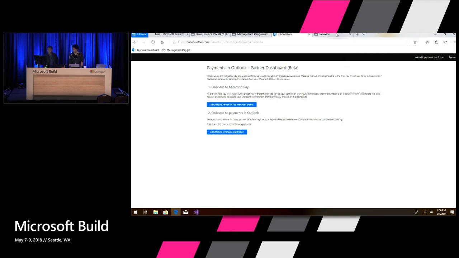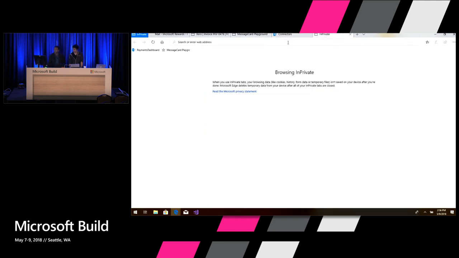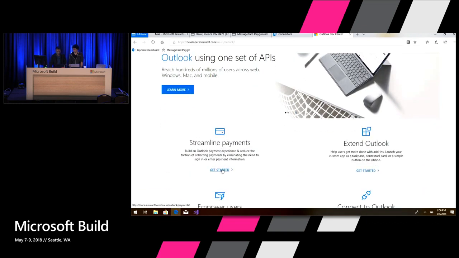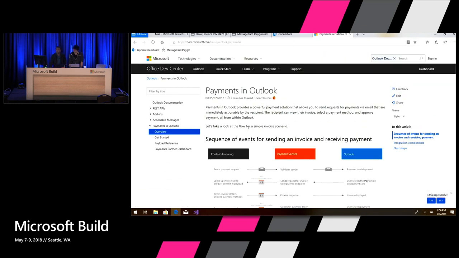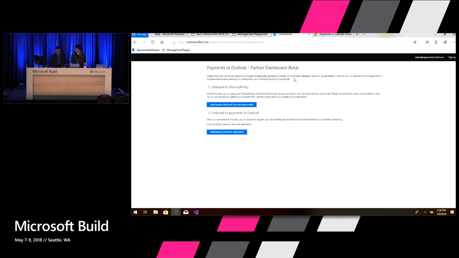So before going to the payment portal, the documentation is already on dev.outlook.com. If you haven't visited those, you should be able to just go to the portal, streamline payment, and there is a good bit of documentation on how to get started. One of the links will take you to the payment onboarding portal for partners, which will require as a prerequisite an Office 365 developer account. If you're already an Office 365 user, you should be able to use your existing IDs to log in, or you can also go to dev.outlook.com to create your Office 365 developer account.